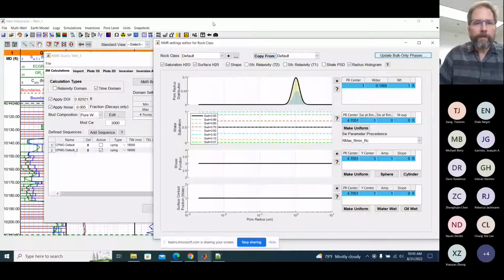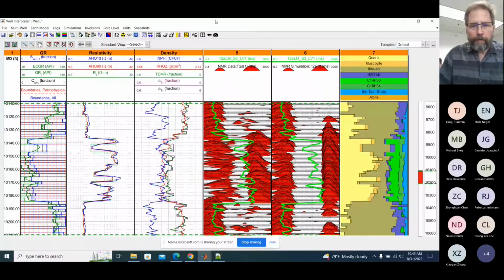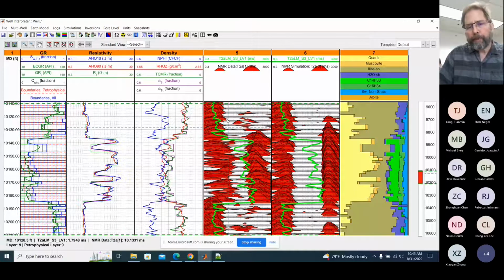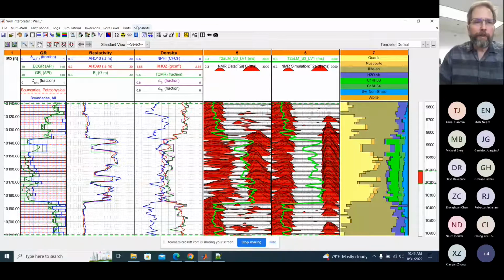For instance, in this case it looks like probably the same shale at the top and the bottom, but I've done some other ones where this one looks different. So then you may want to make another rock class with a different pore size distribution for the upper shale versus the lower shale. In this case, we just kept the same one, and it saves us from having to go in and change the